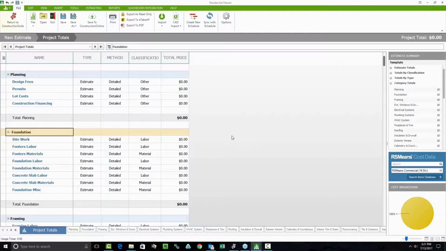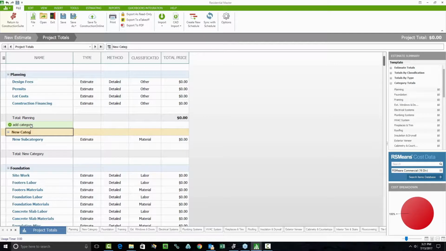You might also come here if you wanted to expand upon site work. You can either right-click on your category name, or if you hover in the white space above your category, there's an option to add a new category here. So we might actually expand this one out and call this site work. And within the site work category, we might decide that we need some new subcategories. Again, same principle as before. We can either click in the space here or right-click on the new subcategory title to change this over to